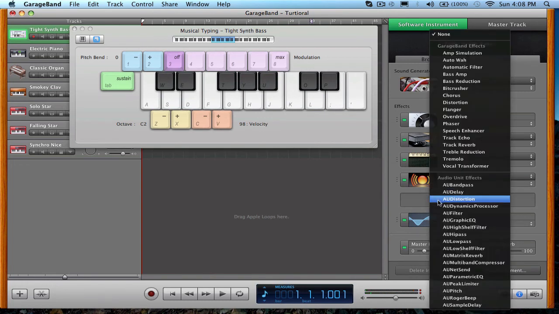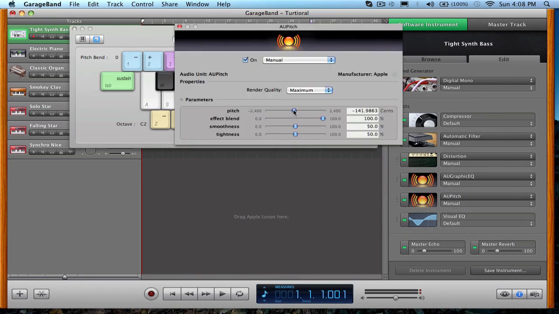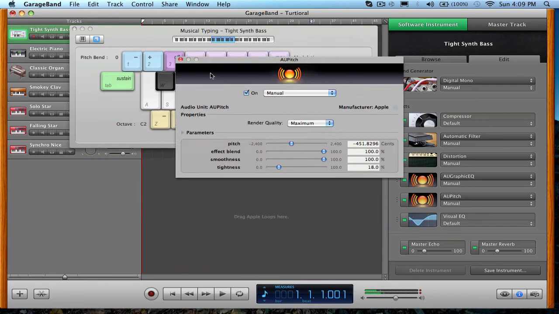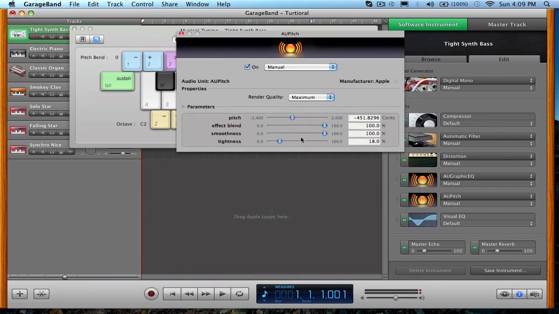Now, you can always play around with these. Actually, I do have to do AU Pitch again. Sorry. We're going to lower the pitch, and the effect blends we're going to take away. So you just kind of want to play around with this, which sometimes you end up with something you don't like, but you know,